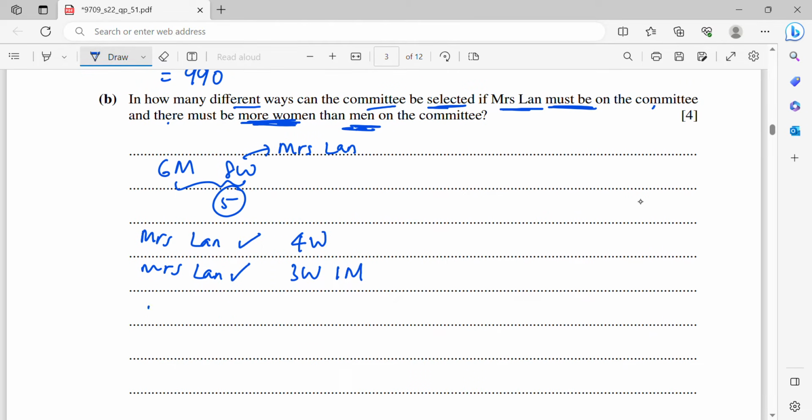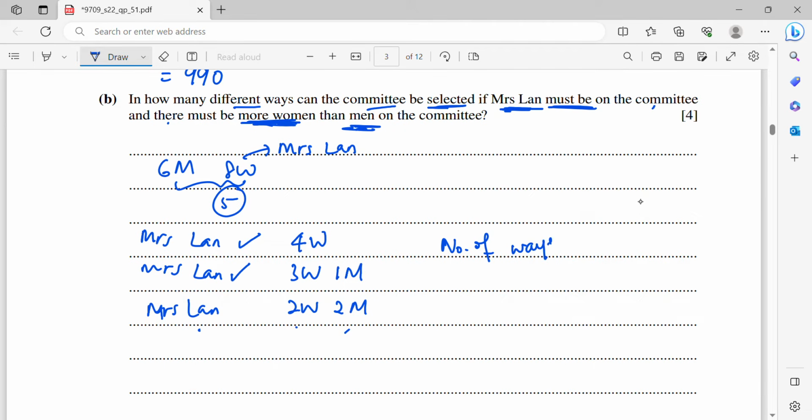Then it could be Mrs. Lan is selected, 2 women and 2 men. So in these 3 cases, we will make sure that Mrs. Lan will be in the committee, and there will be more women than the men because maximum men here is only 2. Then we'll have maximum of 3 women. Okay, so from here I will say that number of